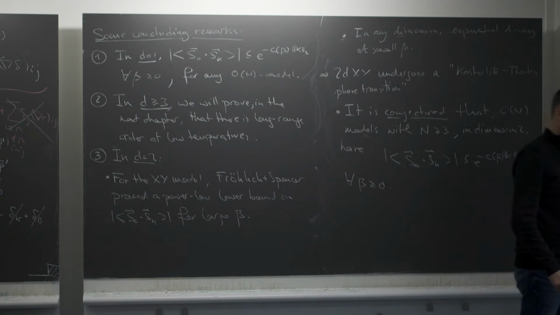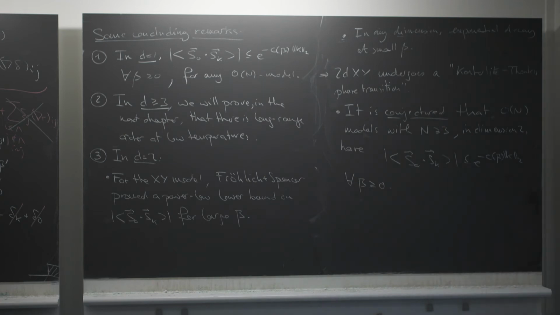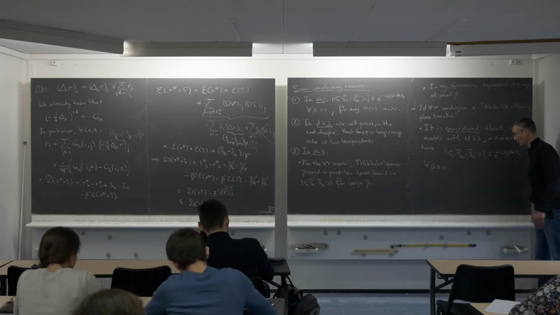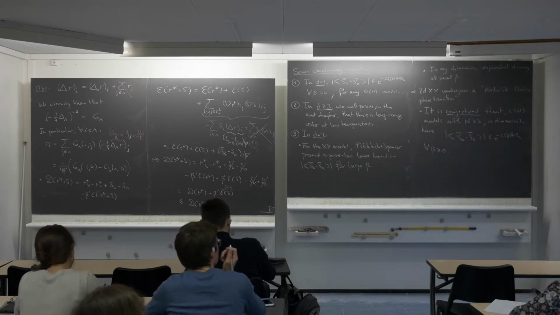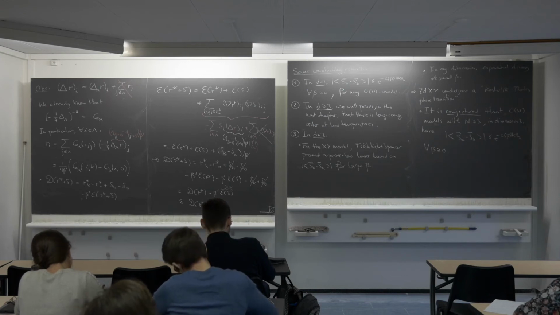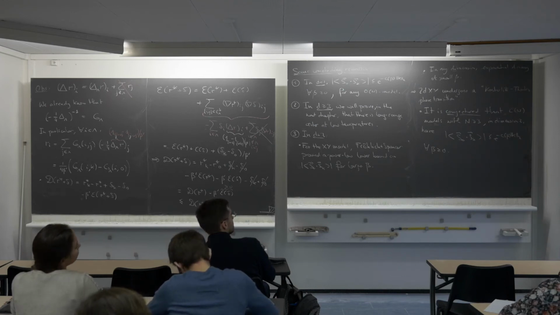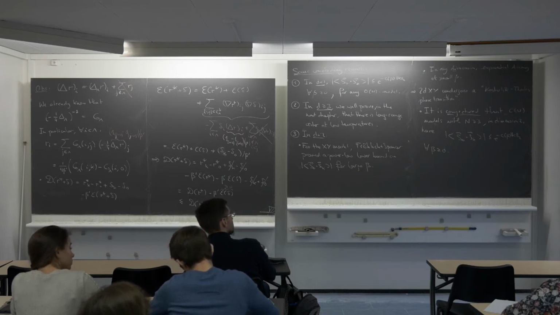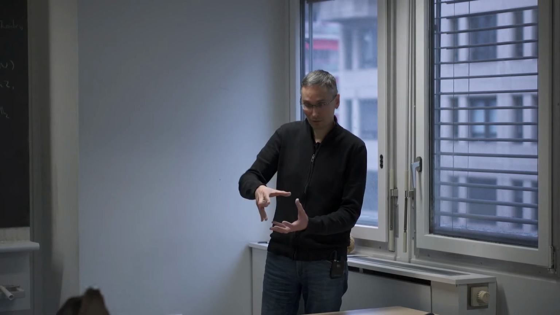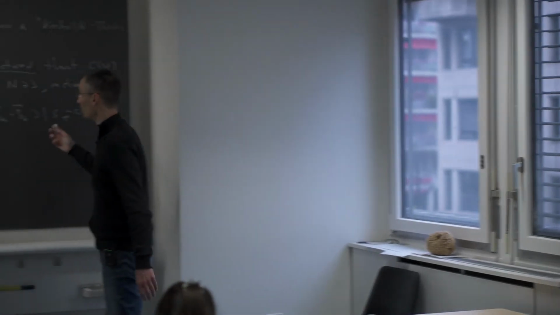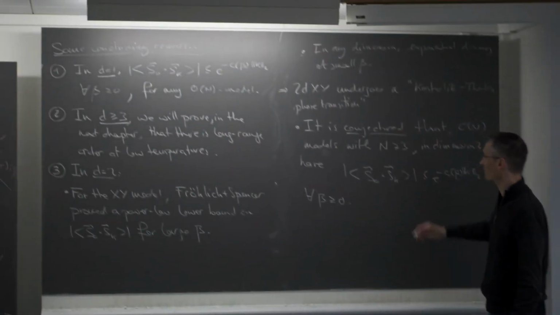So there is no Kosterlitz-Thouless transition in the Heisenberg model, for example, or any of the O(n) models with n larger than 2. And apparently, what distinguishes the case of spin taking value in the circle from the case of spin taking value in a higher dimensional sphere is the fact that the group of rotations in dimension 2, so the rotations of the circle, is abelian, while the group of rotations in higher dimension is not abelian. Okay, so apparently that's the reason why the behavior should be different, because it's just a conjecture.